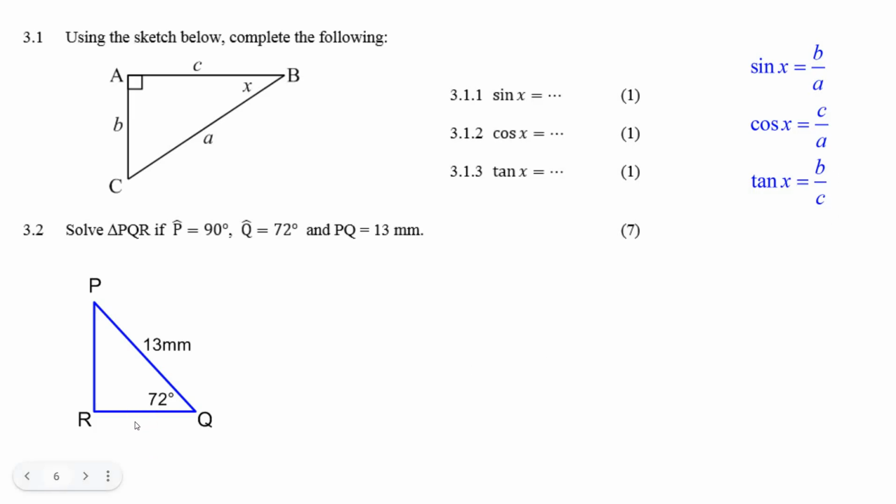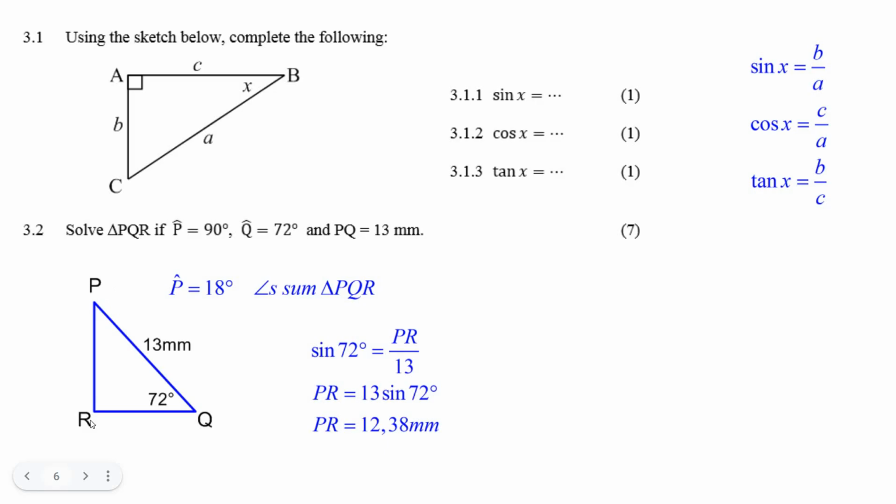Now we're going to use SOHCAHTOA to get at solving this triangle. Solve means figure out every angle and side that you don't know. Find PR, RQ, and angle P. Well, angle P is the easiest thing to do because it's got to be 90 minus 72. This whole thing has to add up to 180. So that means if that's 90, this has got to be 90. P's got to be 18 degrees, 90 minus 72. And now we're going to use two